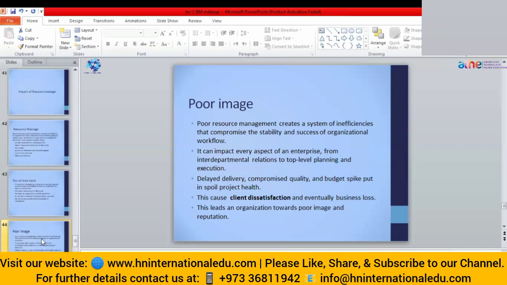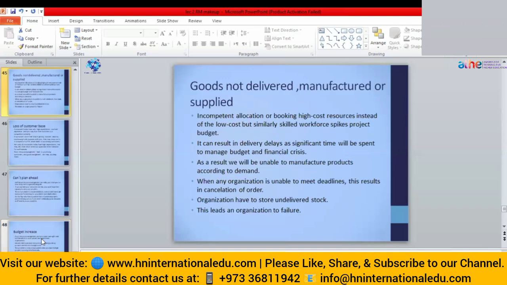So delayed delivery, compromised quality, and budget spikes spoil project health. So this causes client dissatisfaction and eventually business loss. So this leads an organization towards a poor image and reputation. Goods not delivered, manufactured, or supplied. Incompetent allocation, or booking high cost resources instead of low cost but similarly skilled workforces, spikes the budget, because